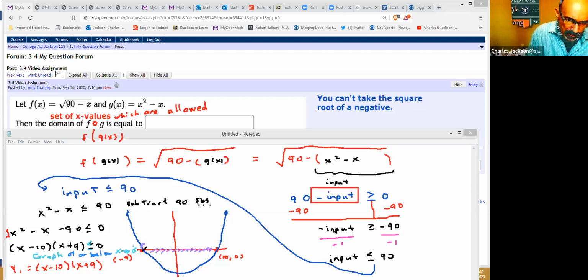So that includes everything to -9, and it includes everything up to and including 10. So the closed interval, -9 to 10, and that actually is our answer. Okay, so